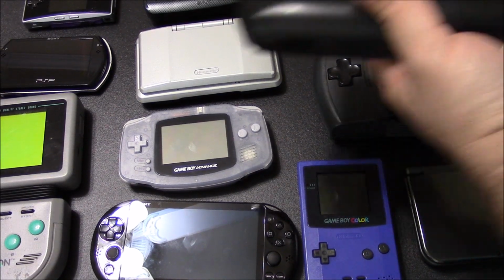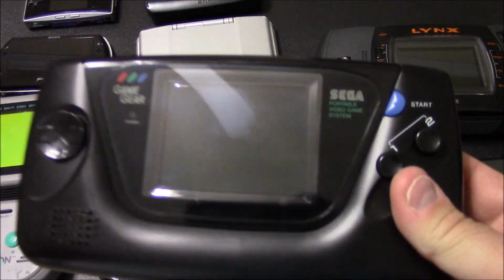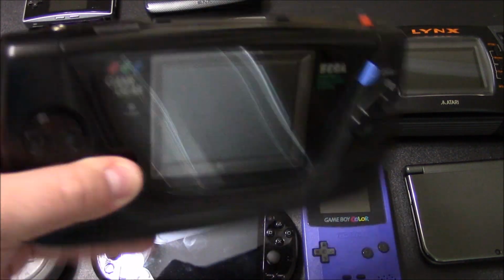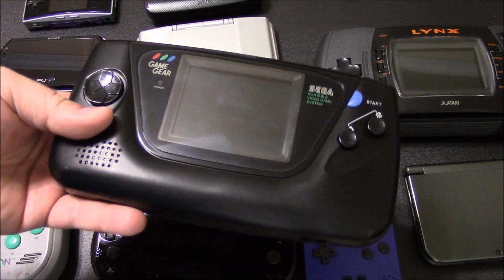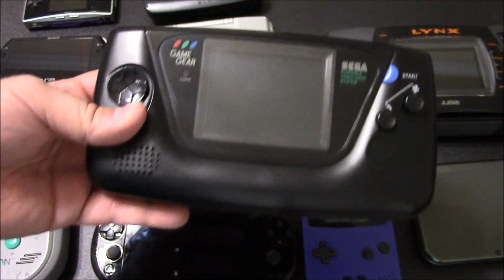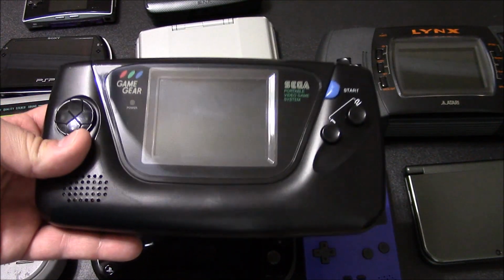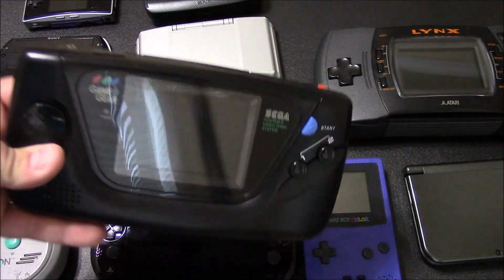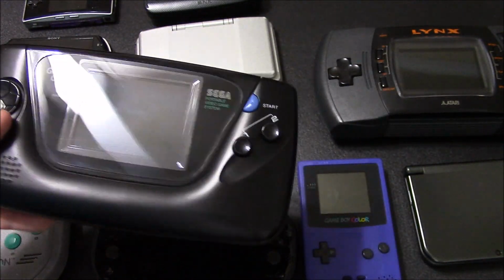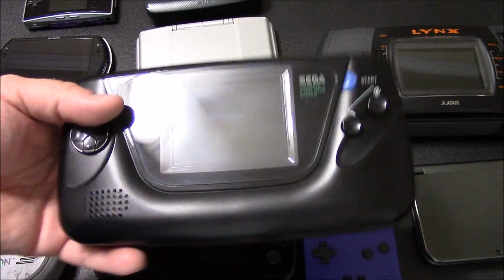And of course, we get to some Sega love. The Sega Game Gear. Now, this one is a little bit different. Yes, it does look like a normal Game Gear, but this is actually the Majesco version. But I had a spare broken Game Gear. It's like, you know what, let me part some of that stuff out, put it in here. So I basically gutted the Majesco version, used the same casing that originally came in,